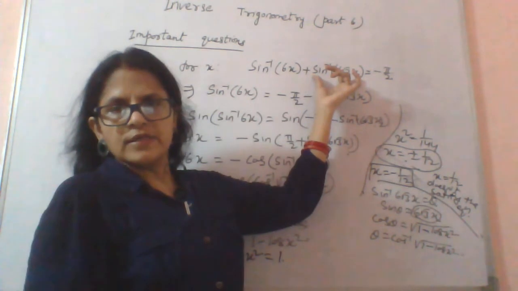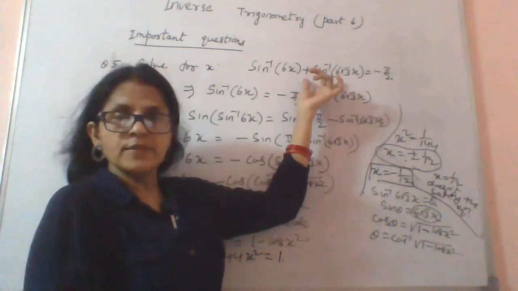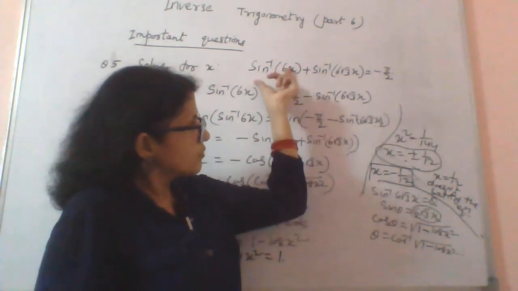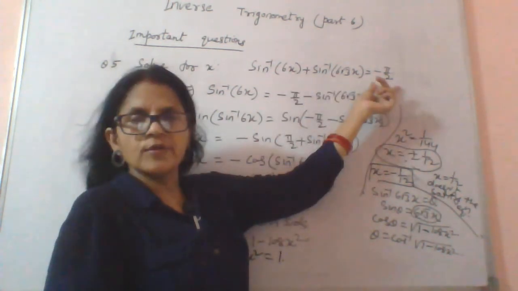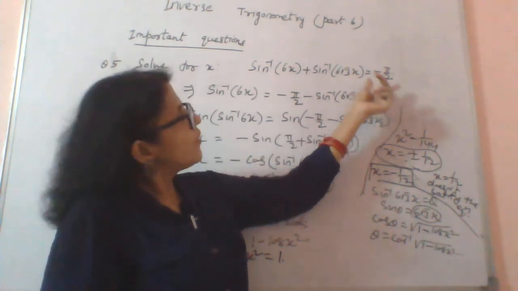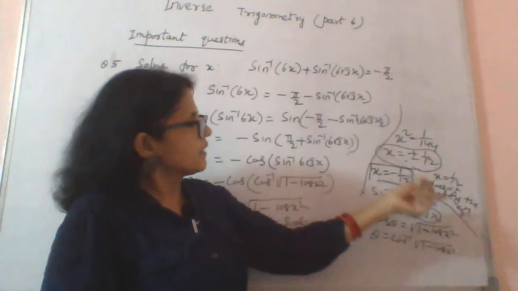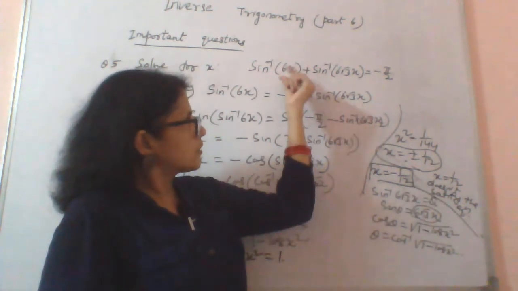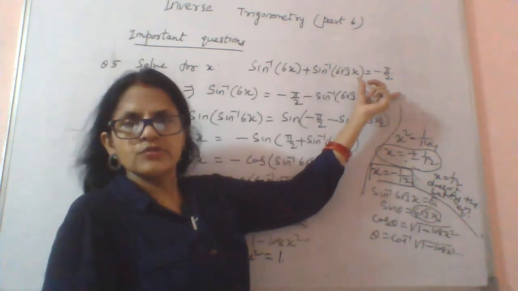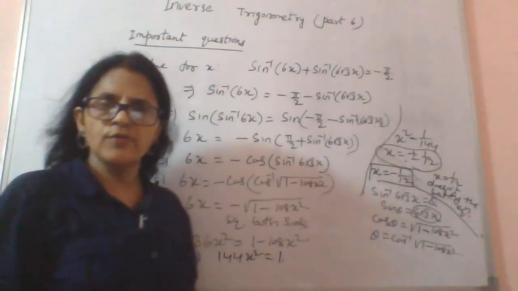Or you can say if one of them is negative and one of them is positive, then also it is possible that the sum can be negative. But if both of them are positive, the sum cannot be negative. So that is the reason x cannot be 1 by 12. Or you can just put the value 1 by 12 and cross-check. But by inspection you can just see that if this is positive and this is positive, the sum cannot be negative. So I am applying this logic. Okay, so x equal to minus 1 by 12 is the only solution.